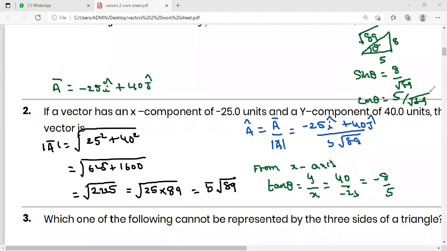So if the options may be given in terms of sin theta or cos theta or tan theta, in any terms they may give. So based on your answer, you should be able to convert into other sin theta and cos theta also just by using right angle triangle. Just by taking the right angle triangle there. Okay, all of you understand that? Yes, sir.